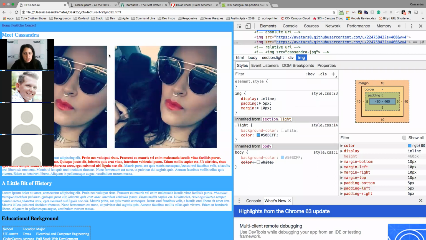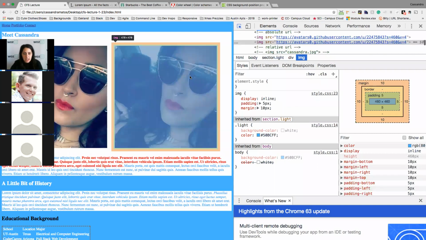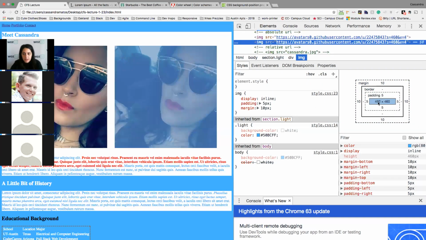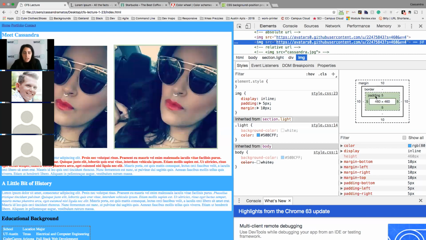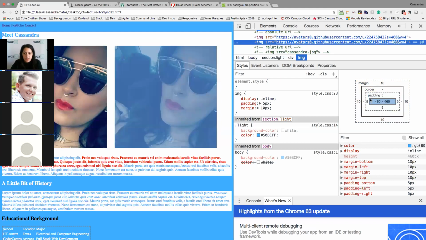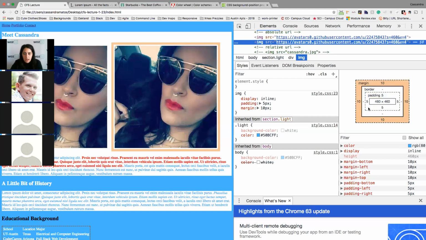It adjusts. And now if I select it, it color codes here. So 460 by 460, that's the content. Padding is green, and you can see on the screen that it's green as well. There's no border, so we can highlight, and then there's a margin, which is orange. So you can see there what's going on and how things are affecting other things.